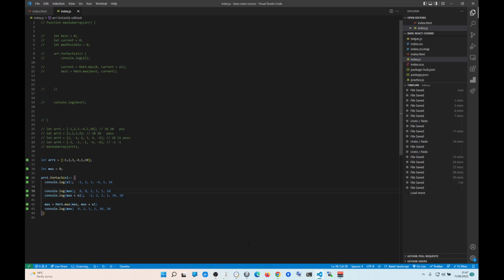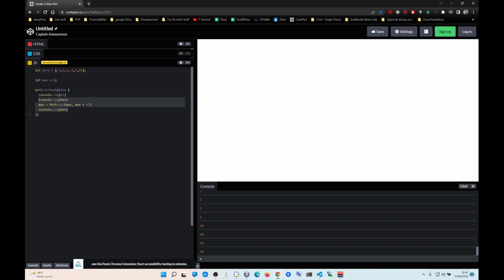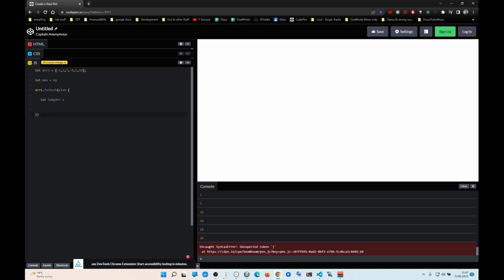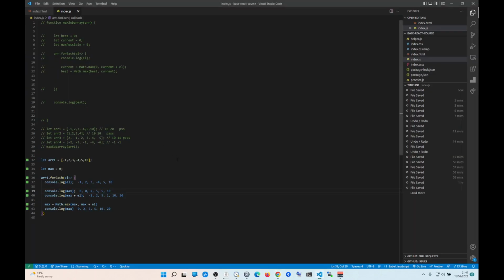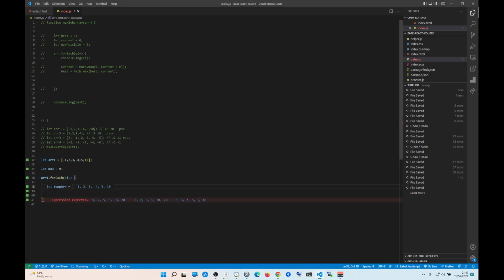Now, you can also do it a second way, but it's going to fail. But I'm going to show you how to do it. It's logically a little bit easier to understand, especially if you're a beginner programmer, because Math.max is something you kind of have to wrap your head around. Okay, so let temp r is equal to